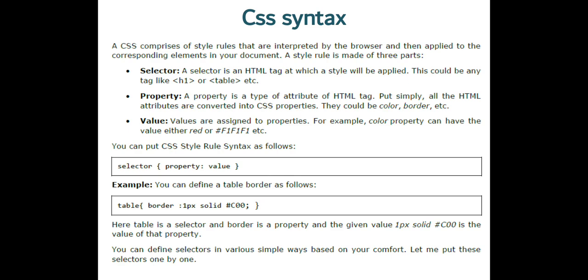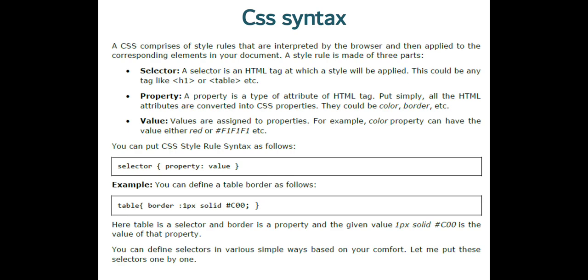For example, you can define a table border as follows. For applying to the table tag, you can give table, border colon 1 pixel solid, then the color code c00. So it's the border color for a particular table. Here table is a selector, border is a property, and the given value 1 pixel solid c00 is the value of that property.